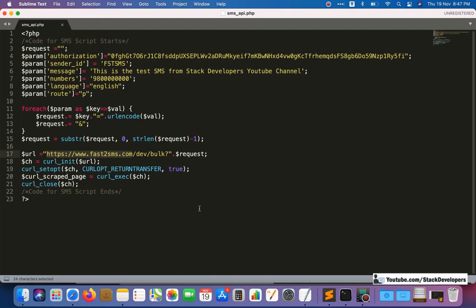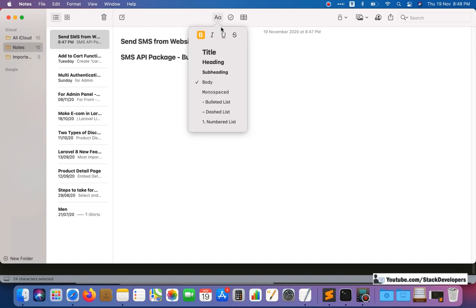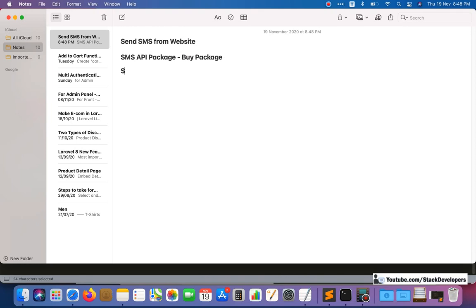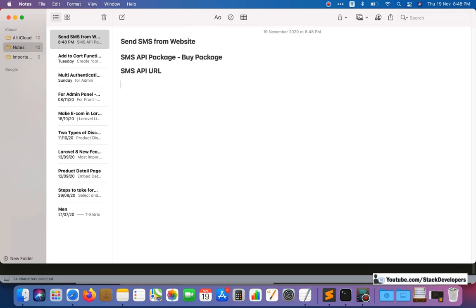So see, two things we need here. One is the callback URL, or you can say the SMS API URL. And another one is the SMS parameters.